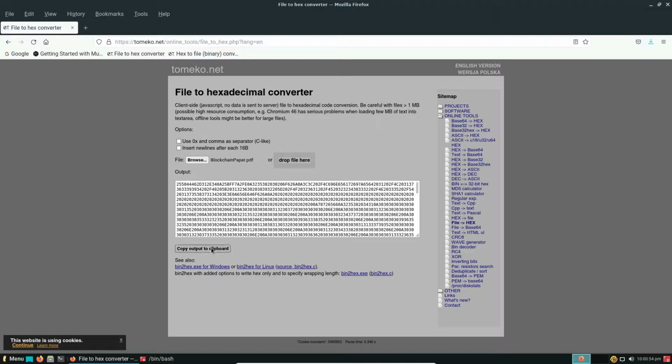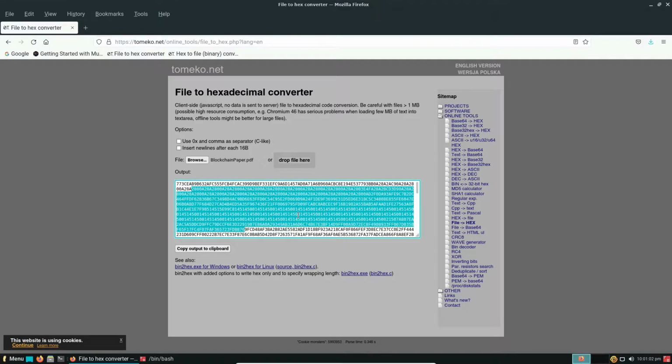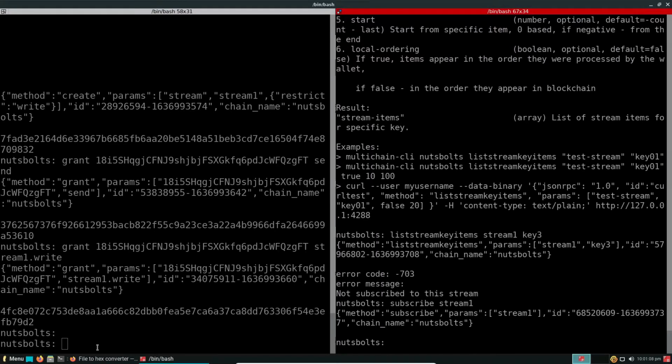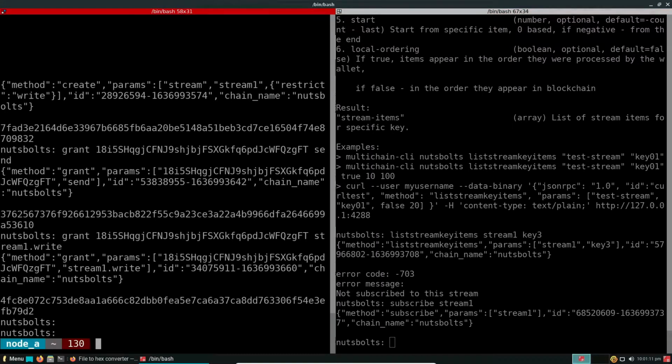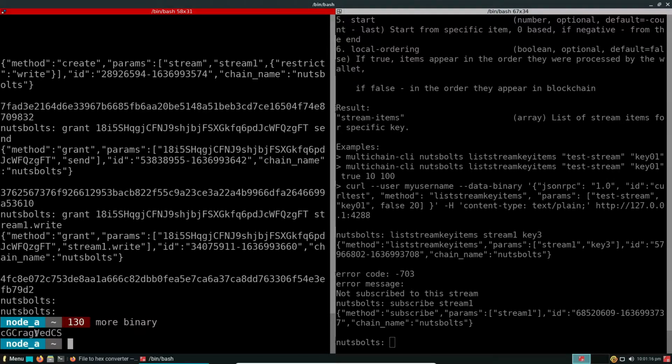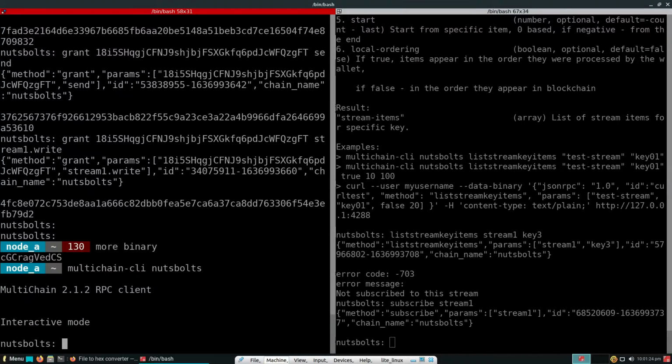So now we have to copy the output to clipboard. Whatever this hexadecimal has been generated, now this is to be uploaded to the blockchain. So we'll again go back to the terminal. First of all, we need to revive what the binary cache was. So this was the binary cache, and we will have to append binary. Now this is the command line: append binary cache.